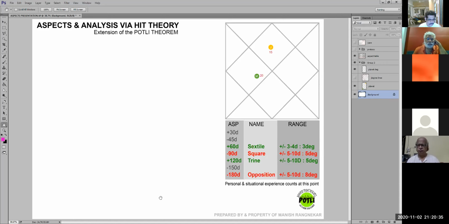Just 1 minute. So basically, what we are trying to say is, it has to have a range, right? When you hit the target, it might not hit the bullseye, but it needs to have some sort of a range. Now, what is this range? That is the range that is given here. The first column is a generalized range, and this is what needs to be considered.